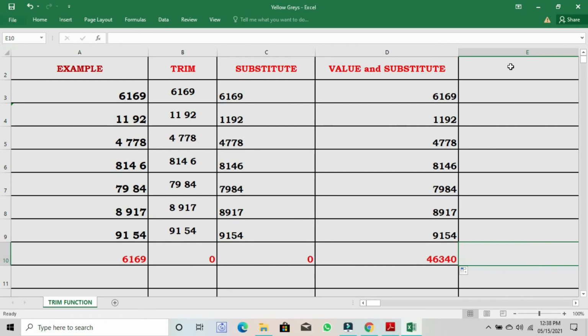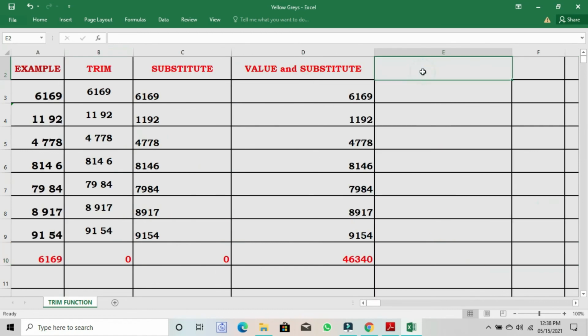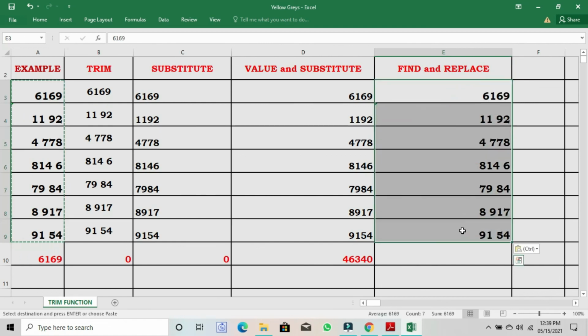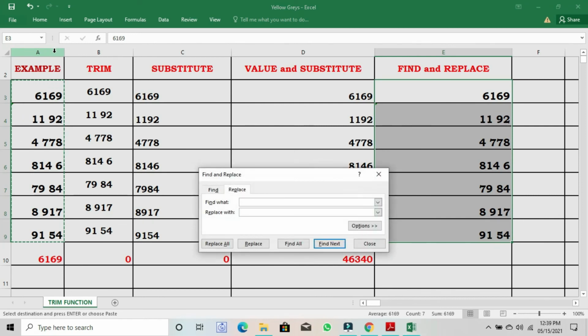Is there any method instead of using the VALUE and SUBSTITUTE functions? Yes, by using find and replace, we are able to remove the spaces. Let's try with find and replace. Select the cell, press Ctrl H. In find, type a single space.